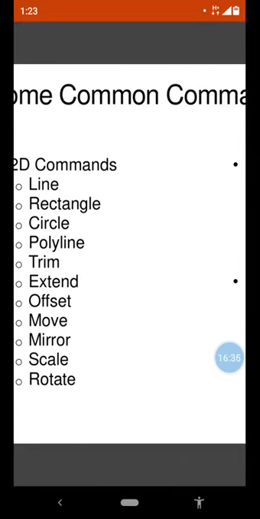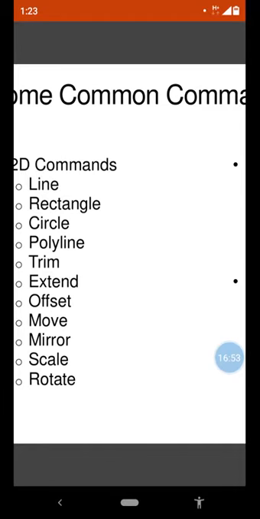And if you enter 0.5, it means your drawing will be reduced to half of your previous drawing. So this is called the scale.